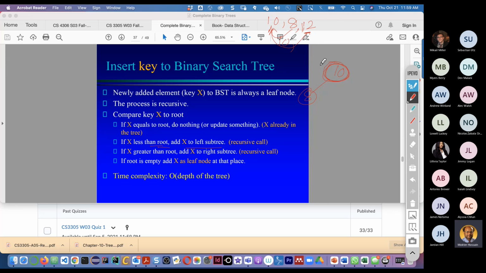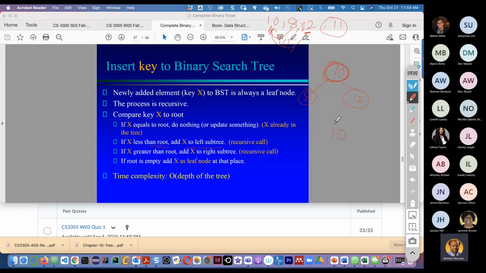Then 12 is greater than the root, so it will go to the right side. And again, for instance, if we encounter another value 11, then what happens? Can we do it this way? 10, we already have 8, and we say 11, and we say 12. Can you do this?